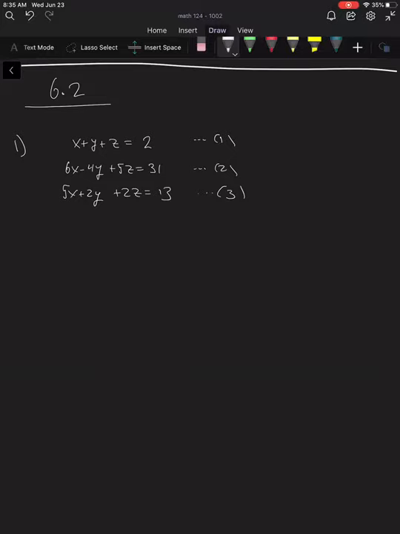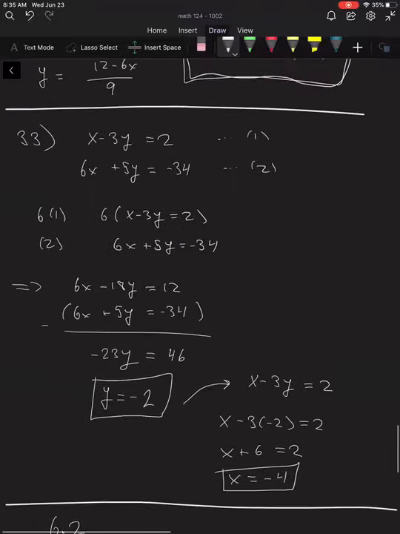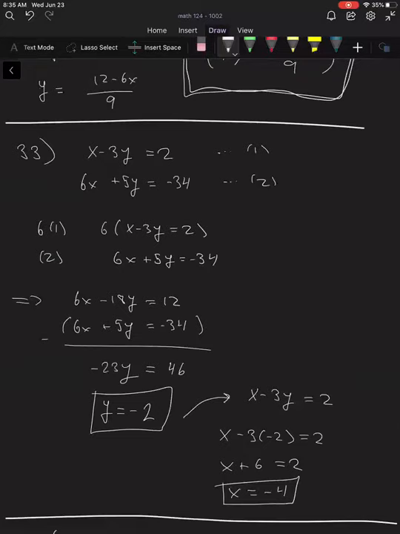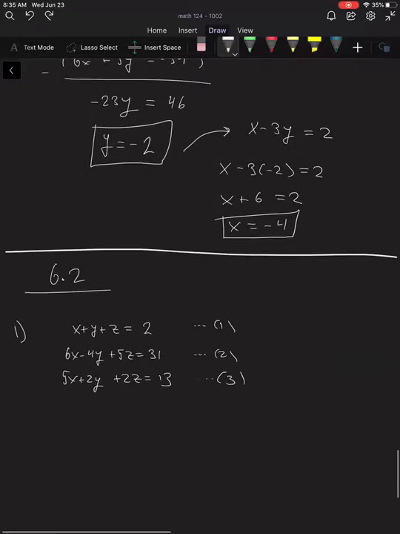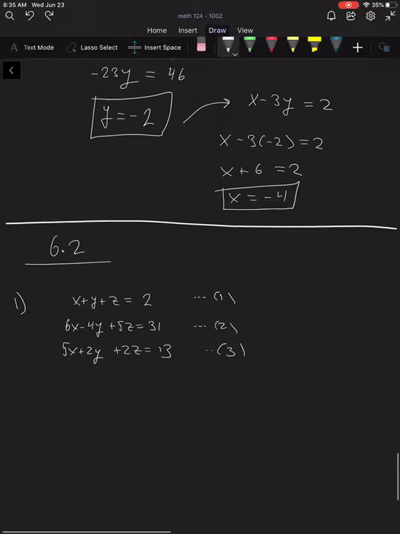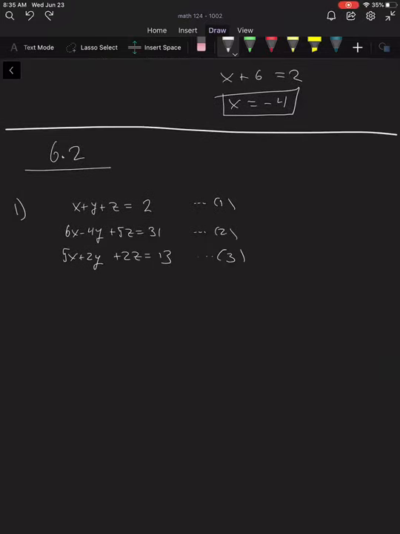Basically, our first goal is to combine two of these equations to turn this problem into something like this. What makes this problem appear nice is that all we have are two equations and two unknowns. Our two unknowns are x and y, and we have two equations. And whenever we have two equations and two unknowns, we can solve. Right now we have three equations and three unknowns, so we can still solve this, but we want to turn this into two equations and two unknowns and then solve for those two unknowns. So what do we mean by that? Well, let's look at